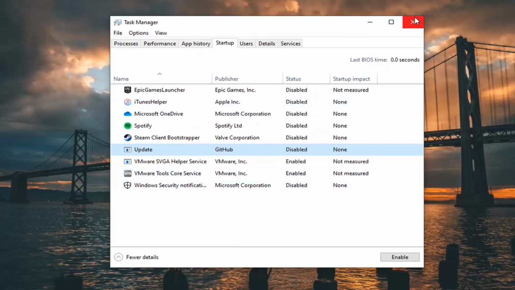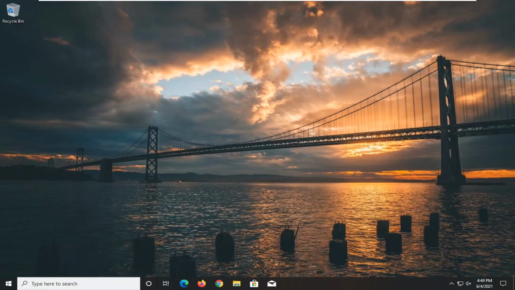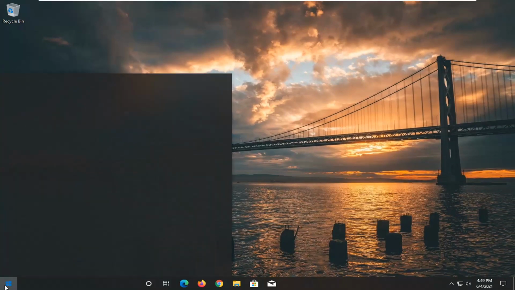And then when you restart your computer, you should notice faster boot time as well as less resource consumption in the background. Something else you can also try here as well would be to open up the Start menu and